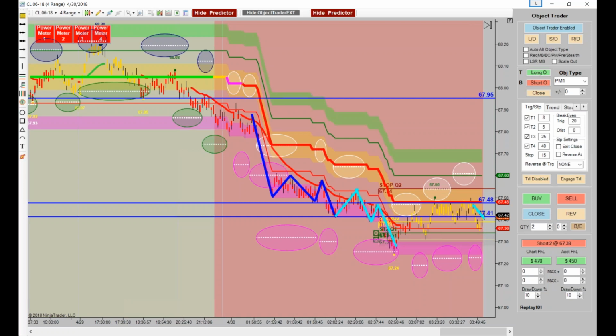Is there a way to read the power meters? Sometimes you have different combinations of red and green. Well, yeah, David, on your question, what this is doing is power meter 1 is lightning 1, power meter 2 is lightning 2, and power meter 3 is lightning 3. Now, you don't really want to go a whole lot further than lightning 3, except to watch the